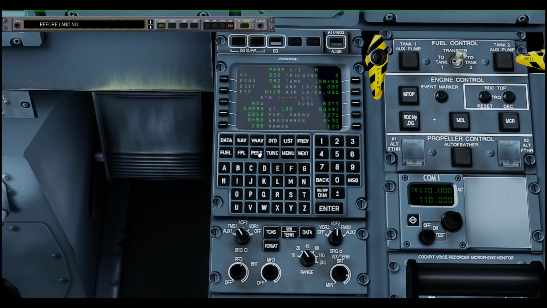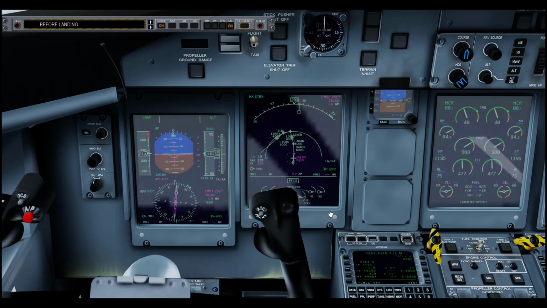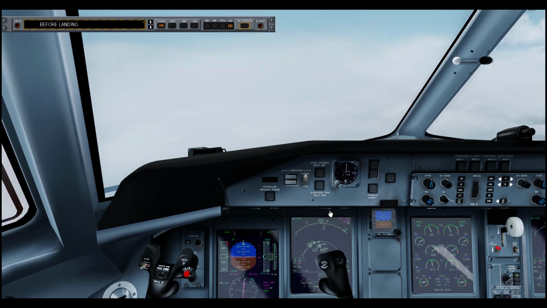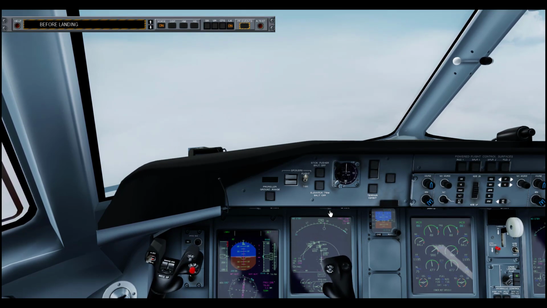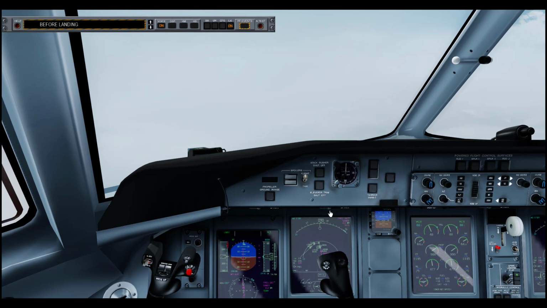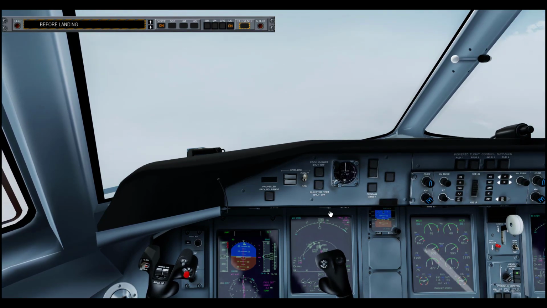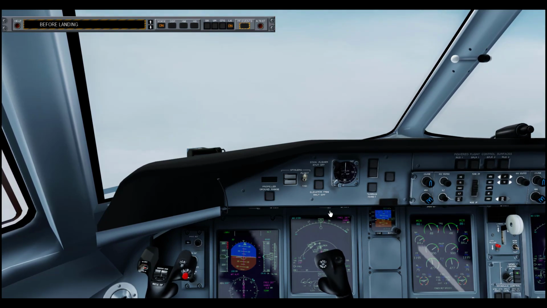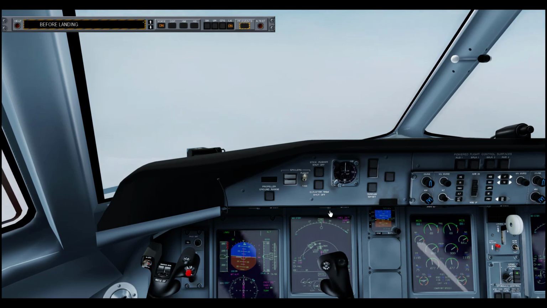What is our weight? Previous gross weight 54,089. So if we are at 54,089, I've got to look up what our VREF is going to be, and that's a table that we have in our manual. 54,089. Where are you in my table? Here we go. 54, 53, 57. So we'll just go with 57. And our VREF